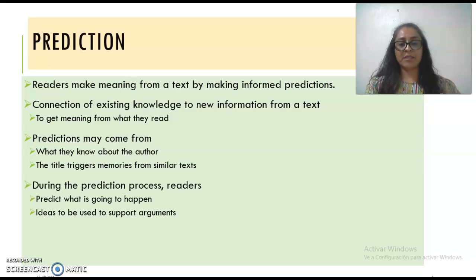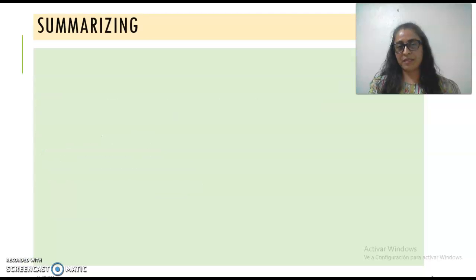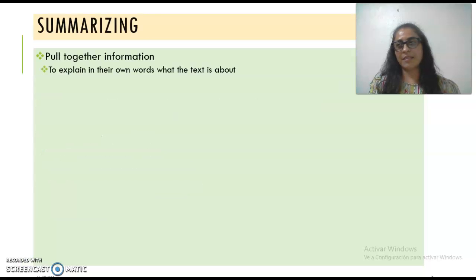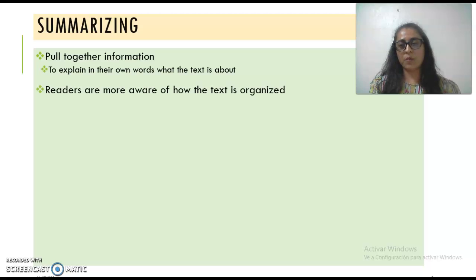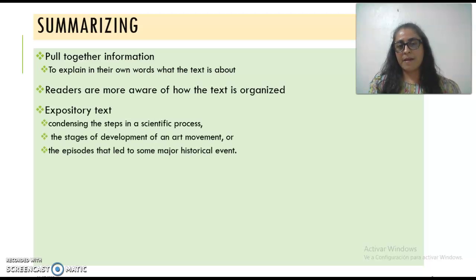During the prediction process, readers predict what is going to happen and the ideas that the writer is going to use to support arguments. In summarizing, well, this is just to pull together information and you say it in your own words. Again, when you summarize, you develop knowledge about the organization of the text. And these are some examples that in expository text,